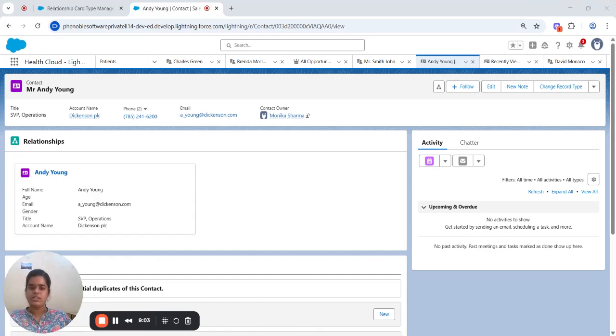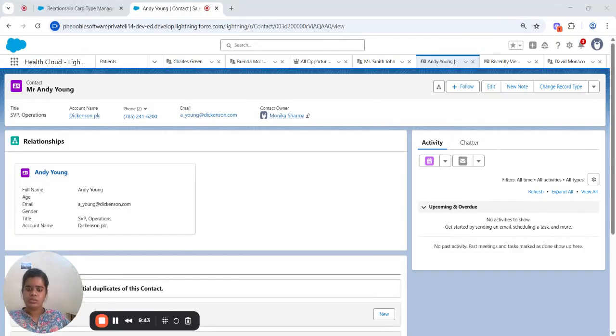Okay, so now let's talk about a new term. Why do we use the out of box feature, not custom? So first of all, we need to know what an out of box feature is. In Salesforce Health Cloud, out of box refers to the pre-configured functionalities or features that are available for immediate use without requiring any expensive customization or development. These features are designed to address common healthcare needs or streamline processes for healthcare organizations.